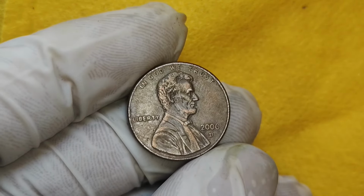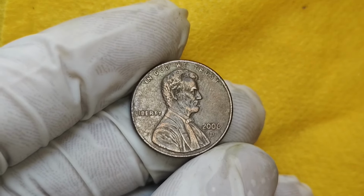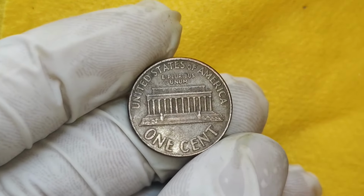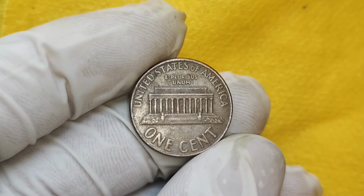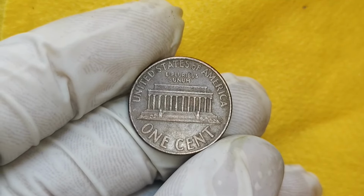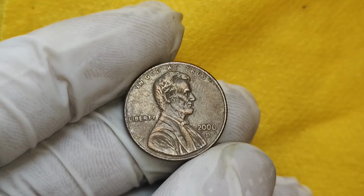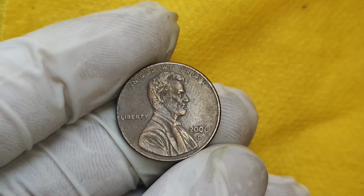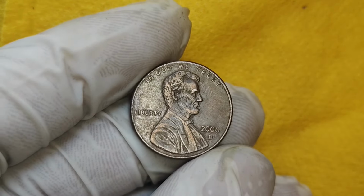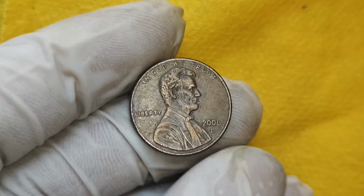Let me share a little story. A few years back, I was at a flea market and stumbled upon a jar labeled Old Coins, $5. Feeling adventurous, I bought it. Among the foreign coins and tokens was a 1955 Lincoln penny. My heart raced as I remembered the 1955 double die penny is a collector's dream. Under a magnifying glass, I saw the doubling on the date. That $5 jar turned into a $1,500 payday. It just goes to show, treasures can be found in the most unexpected places. So, while your 2006 D